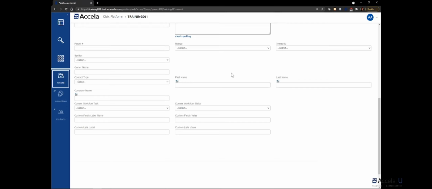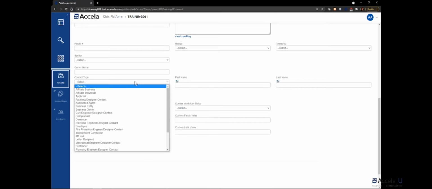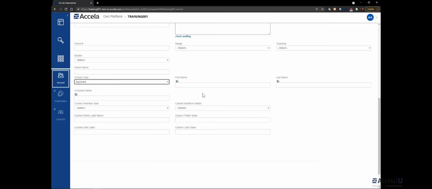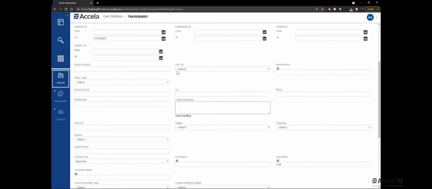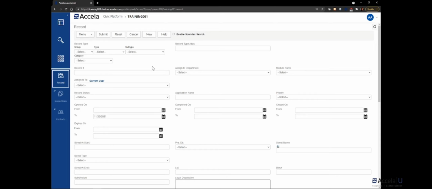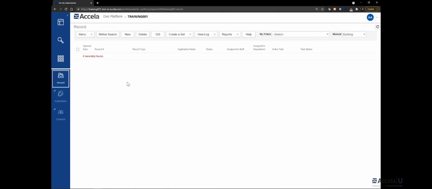So in the example I'll use, I'm looking for a record where I'm pretty sure the applicant's last name is Lee, spelled L-E-A, and so I will perform a search for records using the applicant's last name. At this time, I'm not going to use Soundex. So I will submit my search, and I get no records. So I want to refine that search, and